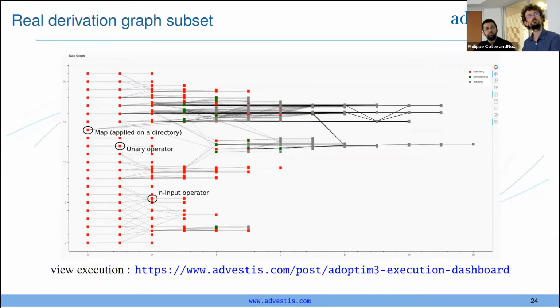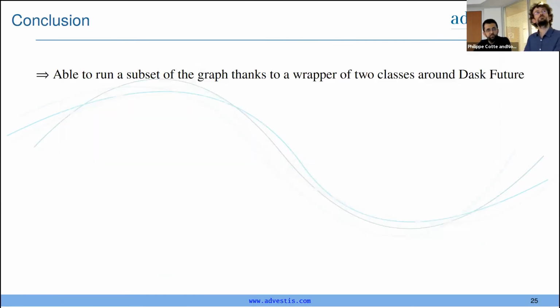You can see on the graph the three operators I mentioned earlier. For example, here you have a map, here a unary operator, and here an input operator. And as a conclusion, we can say that thanks to this wrapper, we're able to run subsets of the graph,